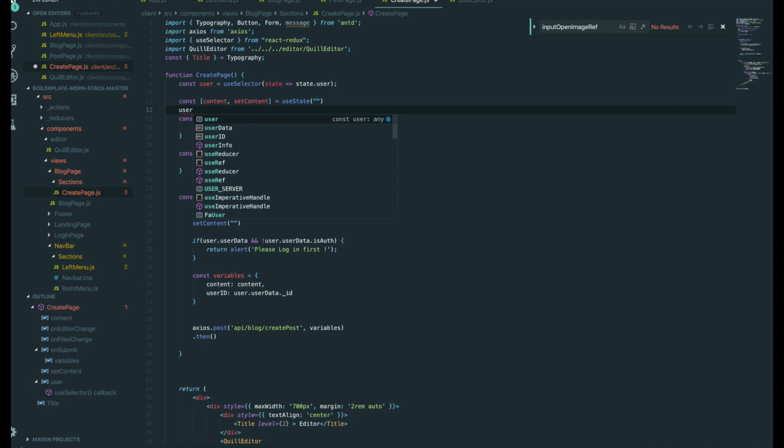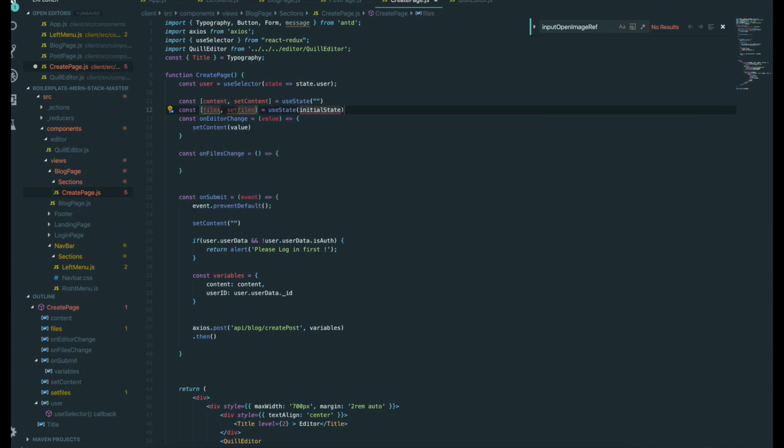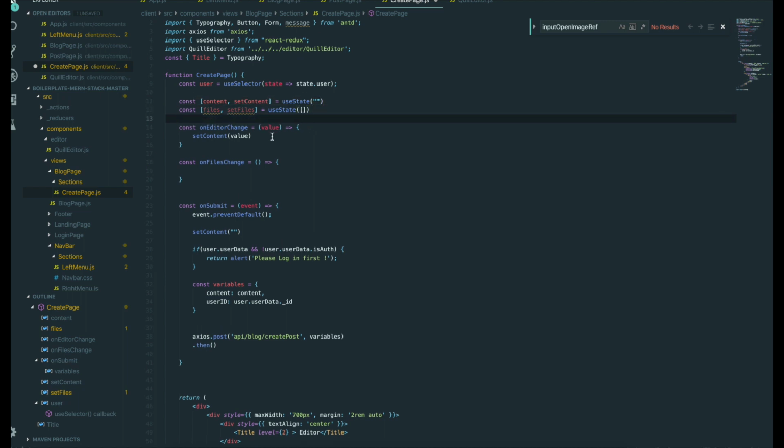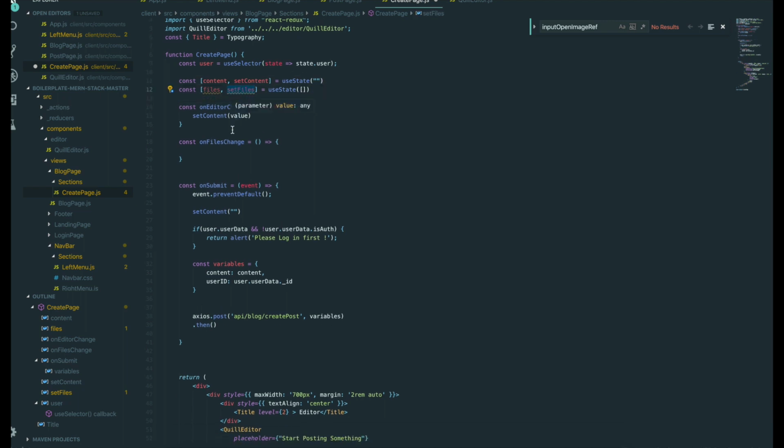So useState. This will be files. It will be saveFile with the capital, and we will put the file inside the array. So in here, setSaveFiles, file, and this will be files